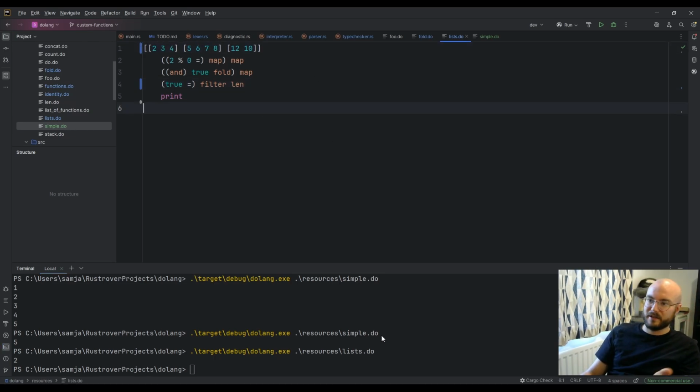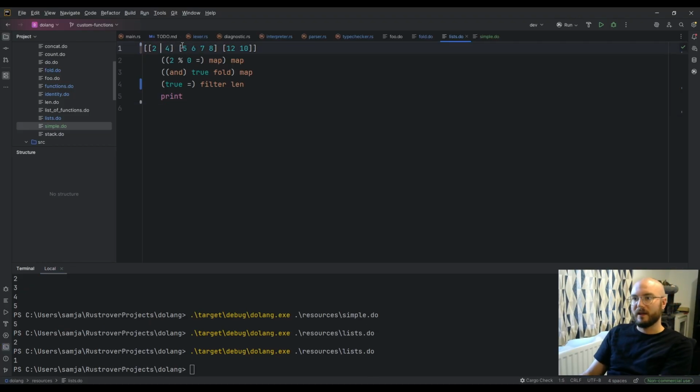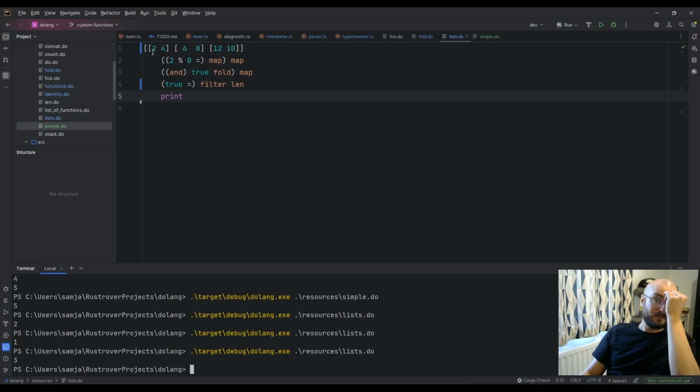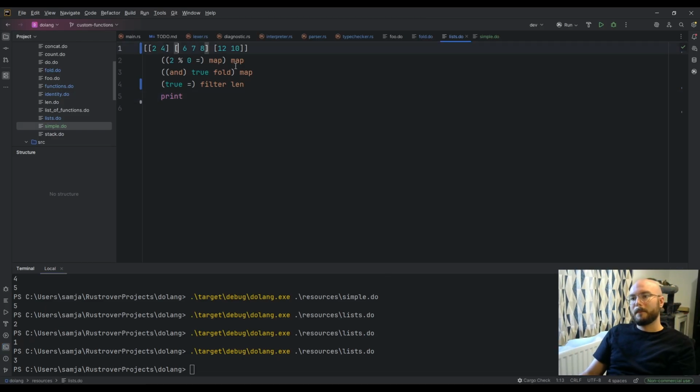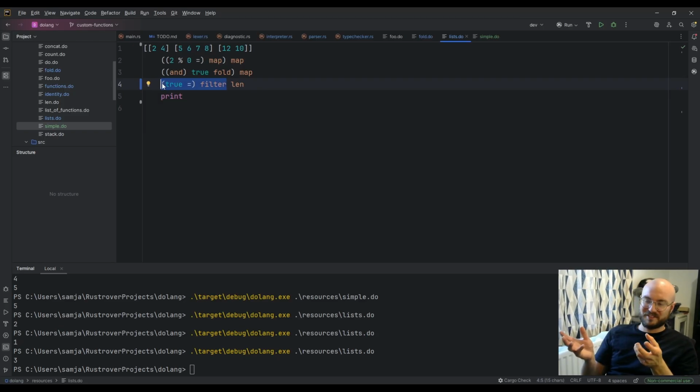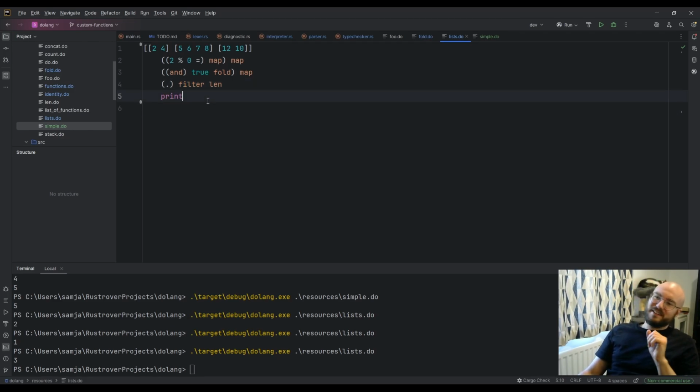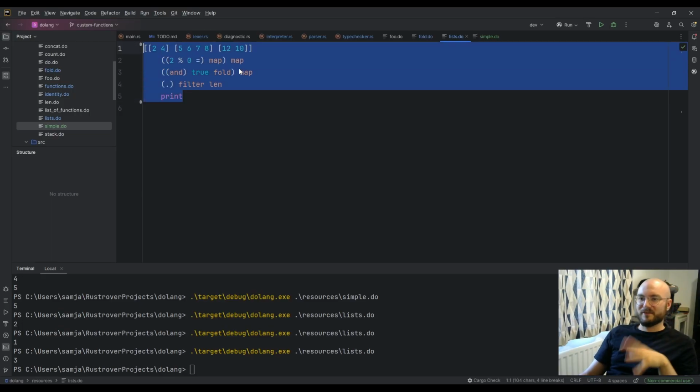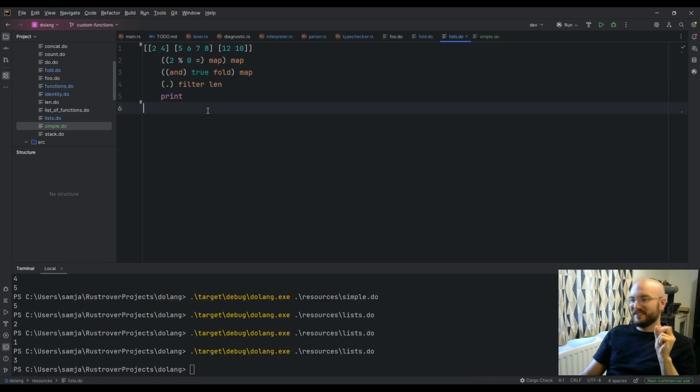So if I add a 3 to this list, it now prints 1, and if I remove 5 and 7 from this list, it prints 3. And then once I made this example, I thought, this is really goofy to have to do true equals true to figure out if true is true. So that's why I added the identity, so that you have some sort of function you can map with a filter if you have a list of booleans. So yeah, that's where the language has gotten to since the last episode, and it is 20 minutes into this video so far.